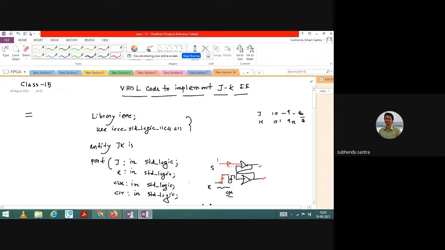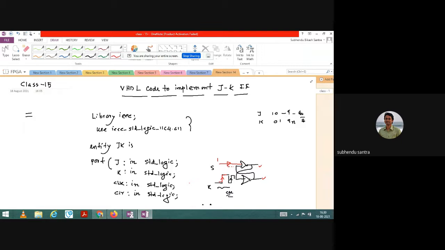If I ask you to practice this type of thing, you can apply the same knowledge and prepare, let us say, a 2 or 3 bit register. Using maybe a JK flip flop, not JK but let us say a T flip flop. So using T flip flop, try to make one shift register.